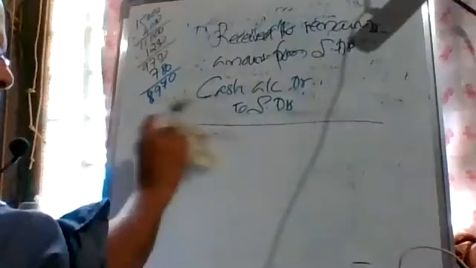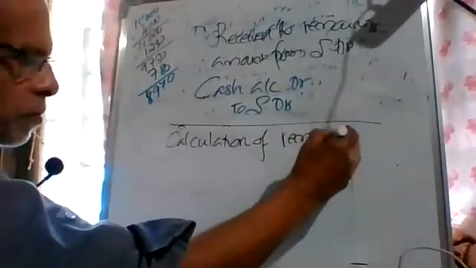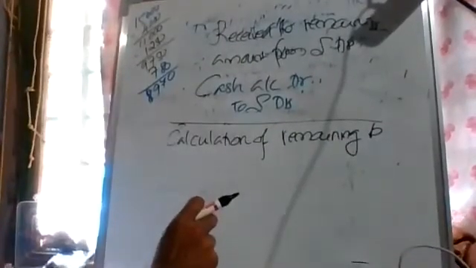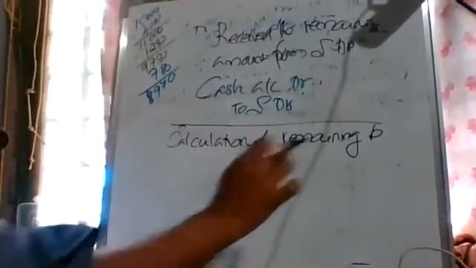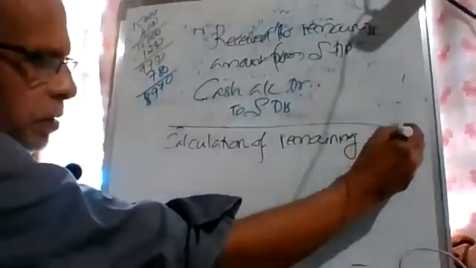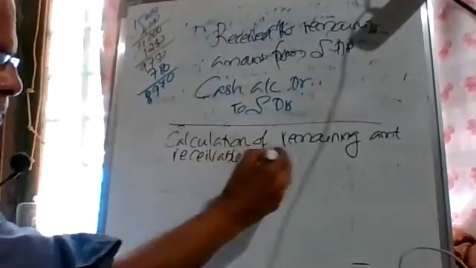Okay, what heading can we give? Remaining? So calculation of balance, or yes, you can write that too. Calculation of remaining balance or amount receivable. Another thing: don't write remaining balance, that is an English grammar problem. Balance means remaining only. You can say remaining amount. If you write balance, it is understood. Balance means remaining amount only, right? Either you write balance or remaining amount, receivable from sundry debtors.